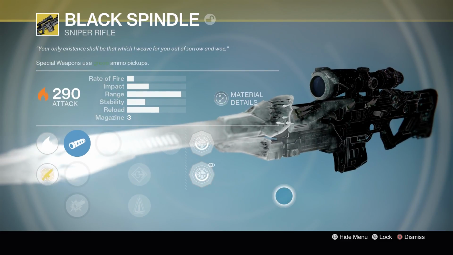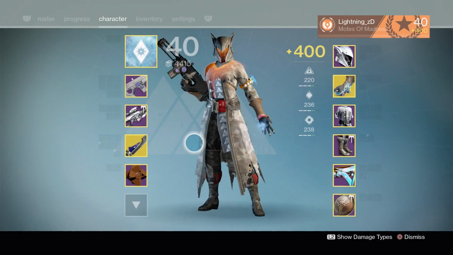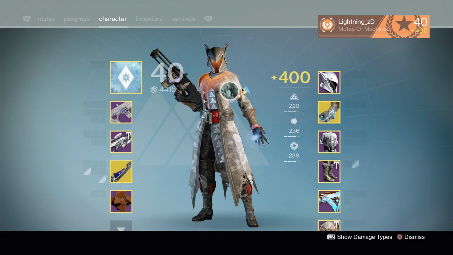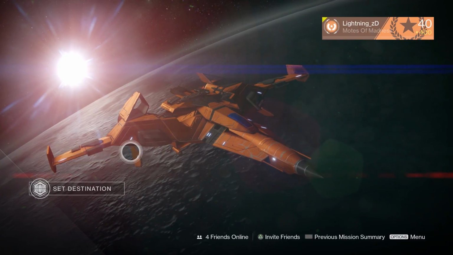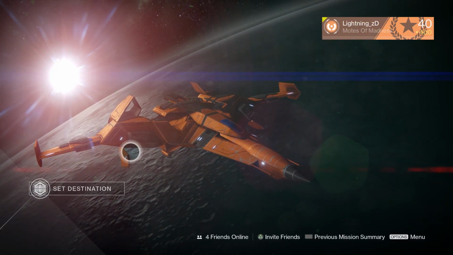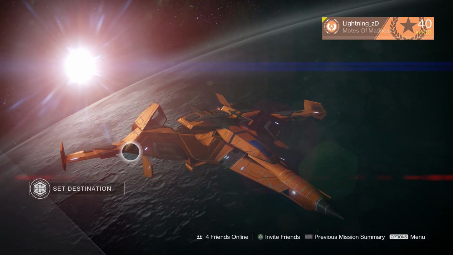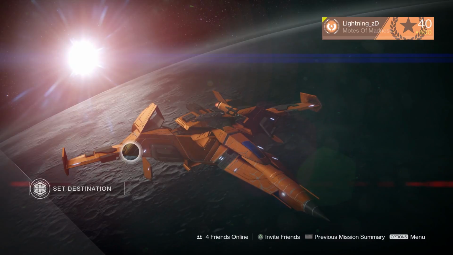To recap, basically make sure you use your heavy as much as possible. Use your super to burn through adds, groups of adds that are bunched up together, and definitely take down those blights. Use your heavy on the blights. Just use your heavy constantly. Use your sword a lot. And definitely target those blights and move as quickly as possible. If you do all that, you should be